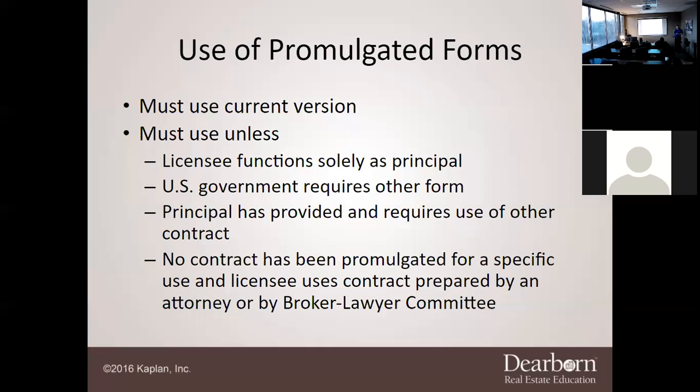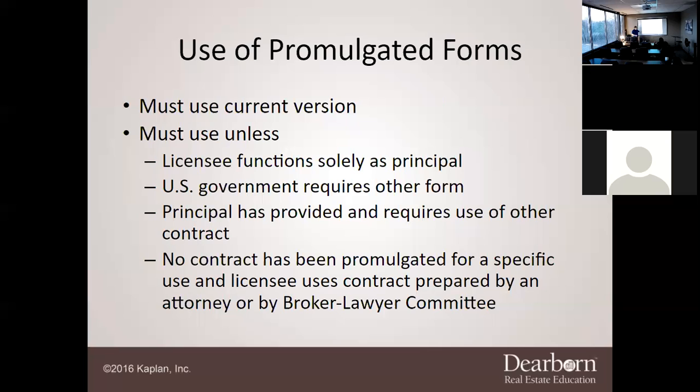One of the forms on TREC's website was not up to date. It was an outdated form. So there can be situations where even on TREC's website, a form is outdated.